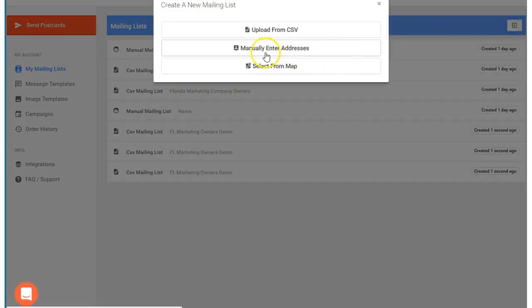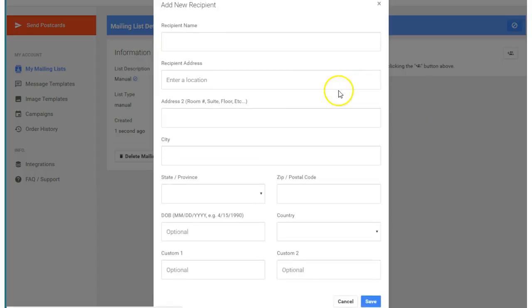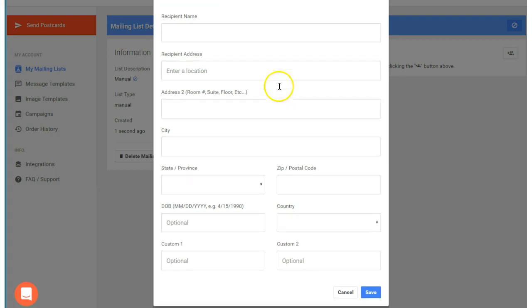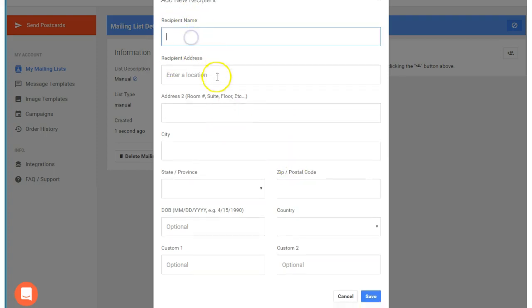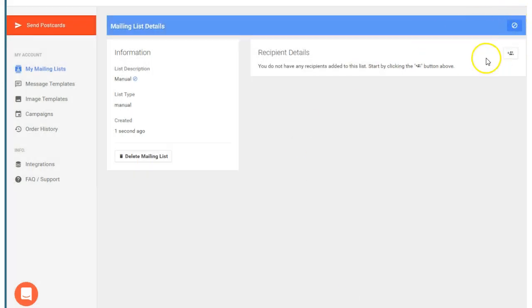Let's click again and look at manually entering addresses. So this is pretty straightforward. Say you had a birthday party. You had a birthday party for your kids and you want to send a thank you card to everybody who attended, but it's only like 13 people, right? You have all their addresses. You can go here and start adding to this mailing list individual recipients. Easy enough, right? Next option we have